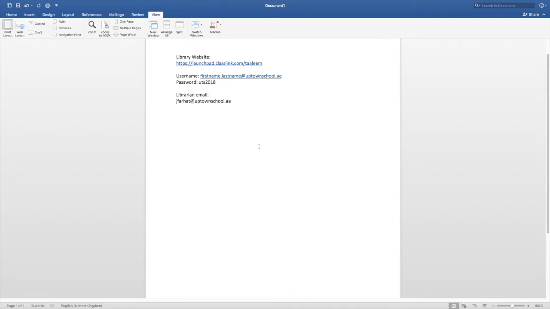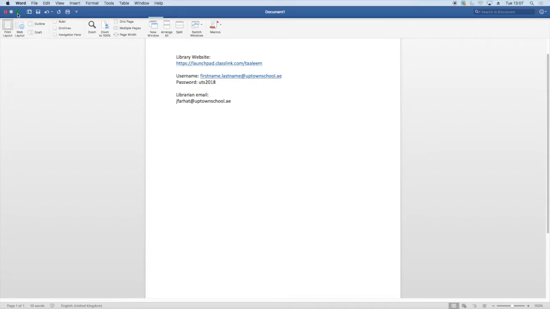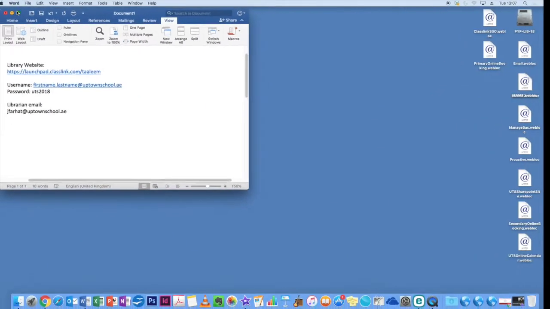The only time that email will vary is if there's two children with the same name in the school. But you do have to make sure that you're aware of how your child's name is spelled inside of ISAMS. I've included there my email in case you have any questions. If you have any problems with logging on, you can contact me. If the email doesn't seem to be working, please do that. Okay? Now,